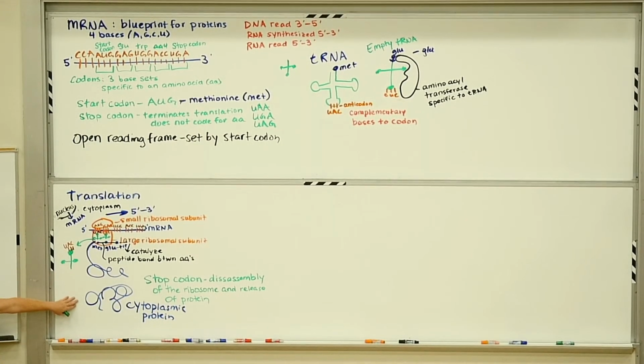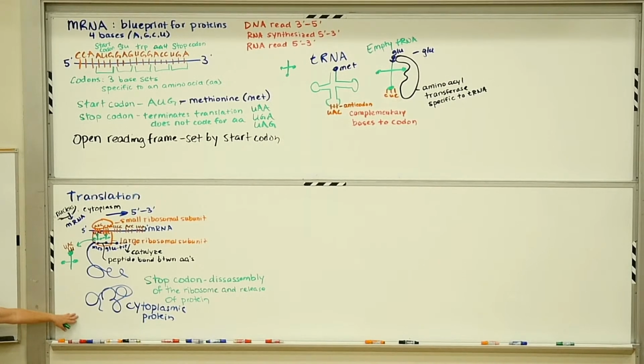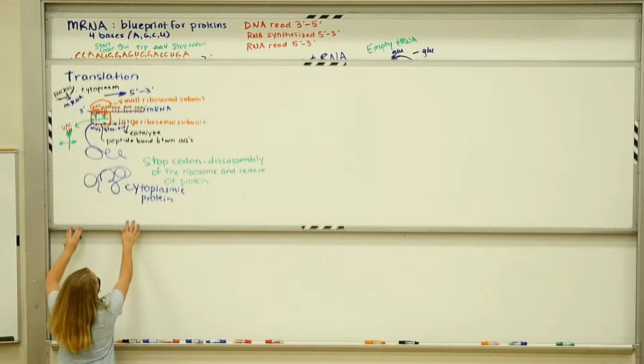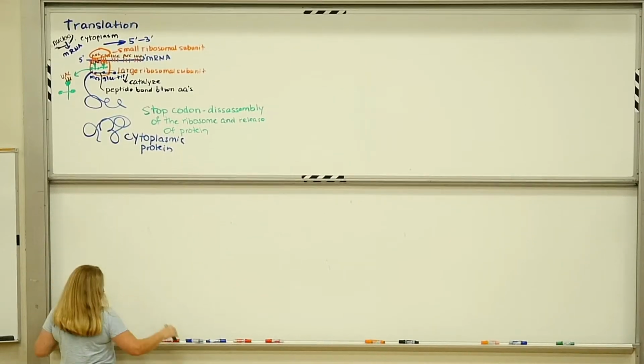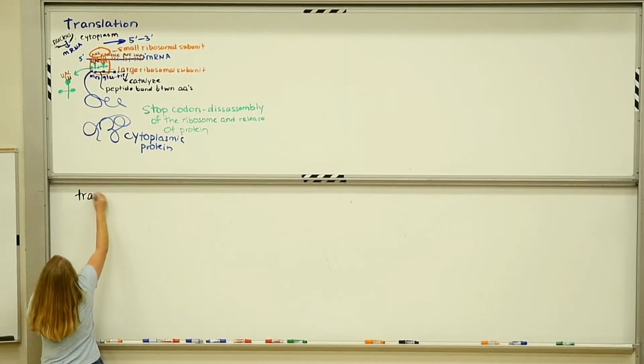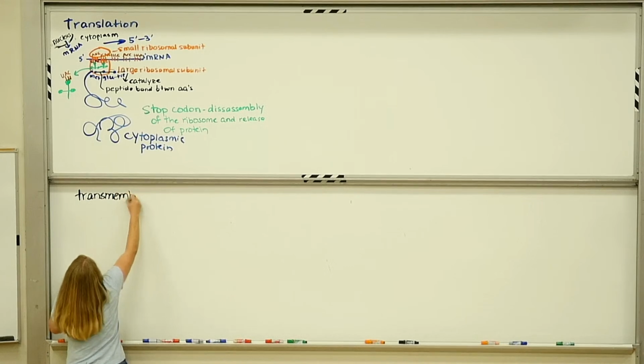So maybe you just made a new amino acid transferase. Okay. Maybe you made a tubulin to make microtubules with. But if you wanted to make something like a transmembrane protein, you can't do it here. This is just for your cytoplasmic proteins. If we're doing transmembrane, lysosomal, or secreted,